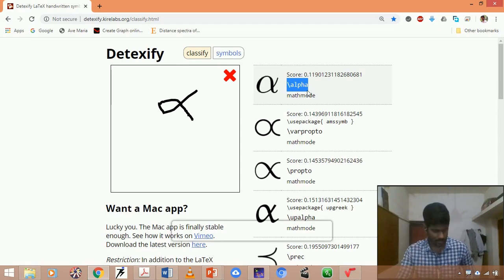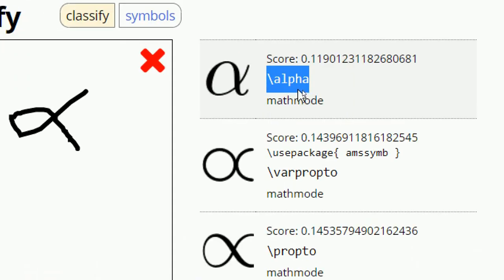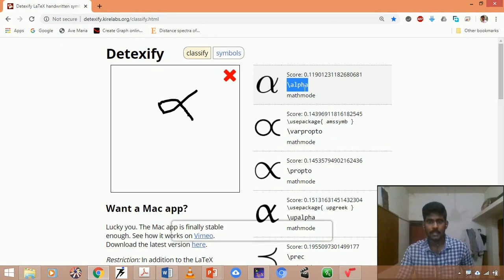You can see the compiler. I don't want to waste time by copying this and pasting it into TeXstudio, since it is an easy one, you can do it manually. So I can just leave this. There are some more features. Likewise you can draw and get the corresponding equation symbols, paste them in your TeXstudio, compile it, and see the output. Here there are some more symbols listed. You can find numerous collections of symbols here.